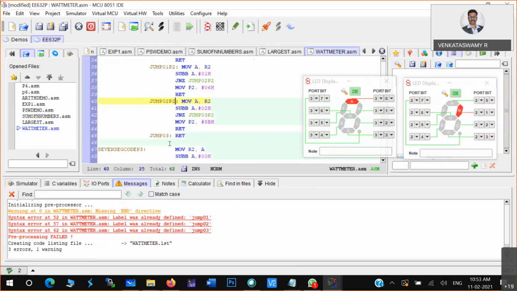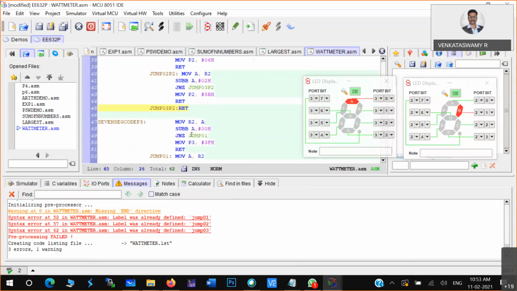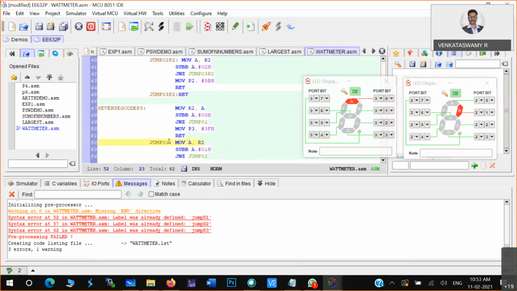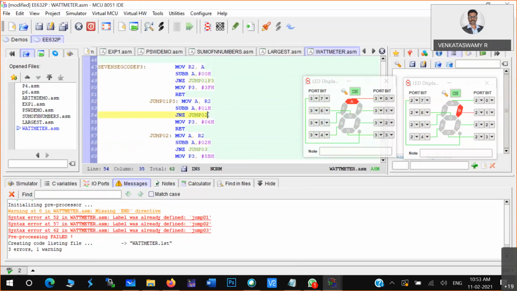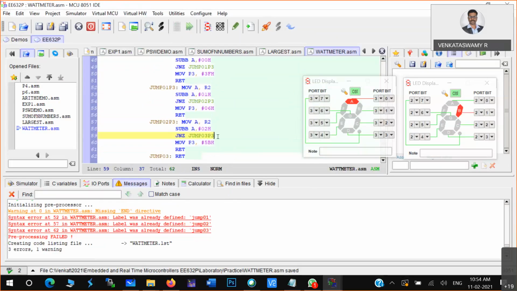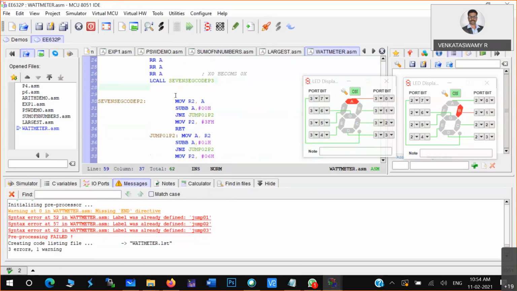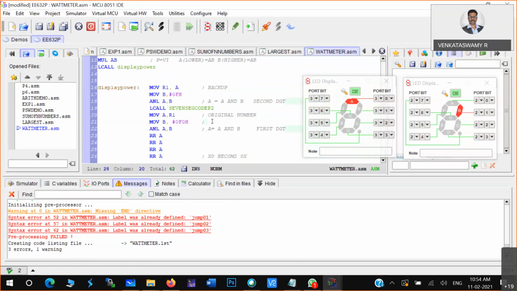You can give any name. It should not repeat, but it is repeating when I did copy paste. Now these are the labels, and these labels are for P3. I'm just adding P3. So now what I did, I just changed the label. The same label was coming. Okay, so you can put a return statement, no problem now. And for the main program also you can put return.